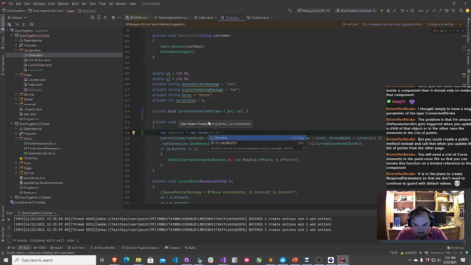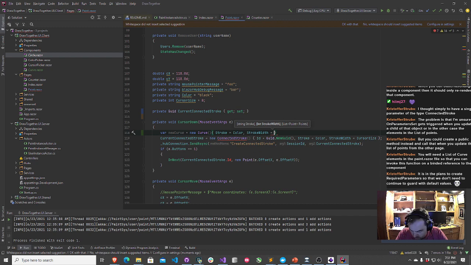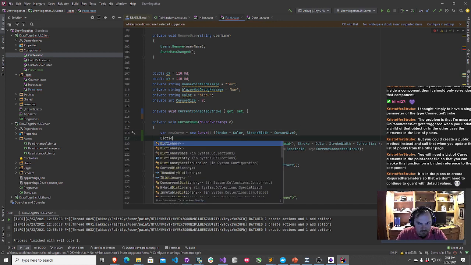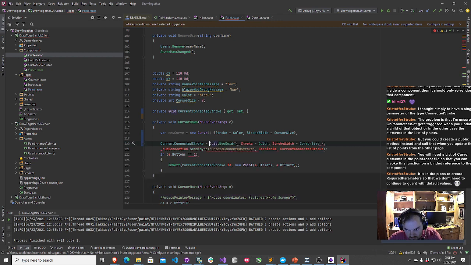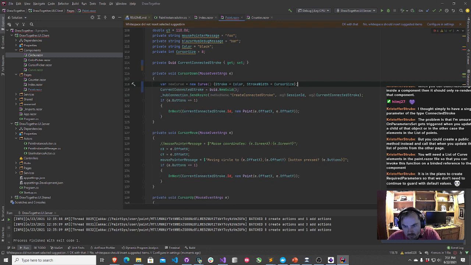Let's say stroke color. And so we'll say stroke width equals cursor size. And then we'll go ahead and store the ID right there.